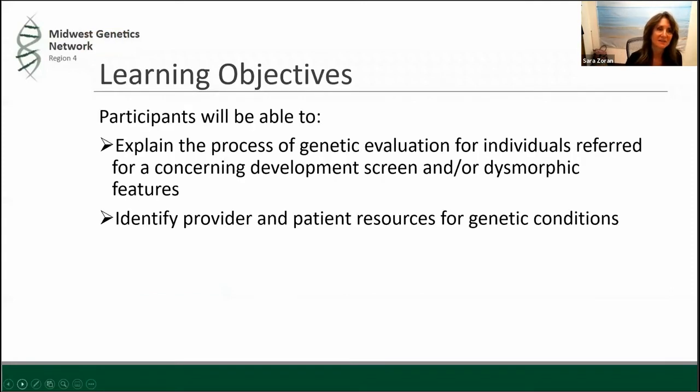Next slide, please. The learning objectives for this presentation are twofold. The first is that participants will be able to explain the process of genetic evaluation for individuals that are referred for concerning developmental screen and or dysmorphic features, as well as to be able to identify provider and patient resources